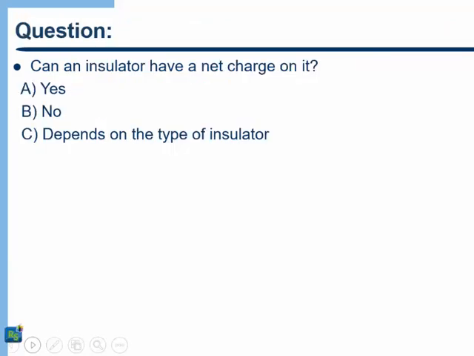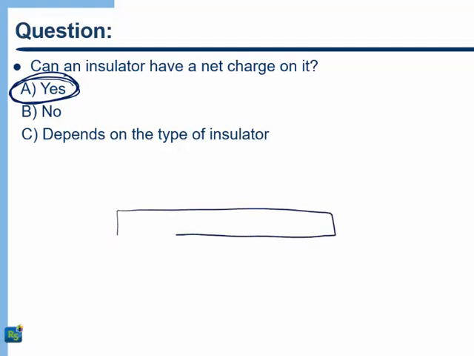Okay, here's another question for you just to check your understanding. Can an insulator have a net charge on it? So oftentimes students get this one wrong and they say no, because it's an insulator. But of course the answer is yes. If you think about it, in the examples that I've talked about, such as taking a plastic or glass rod, taking a piece of fur,